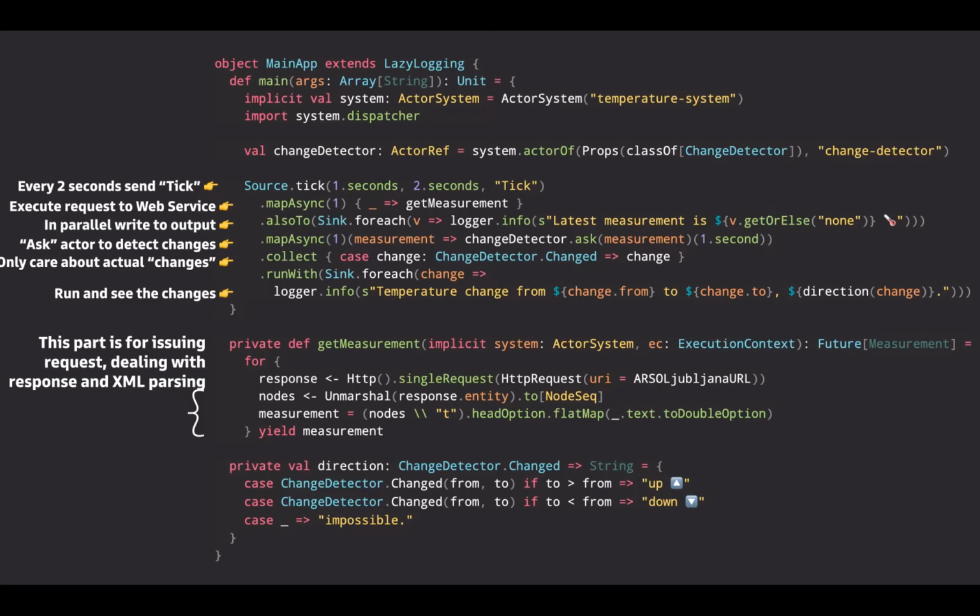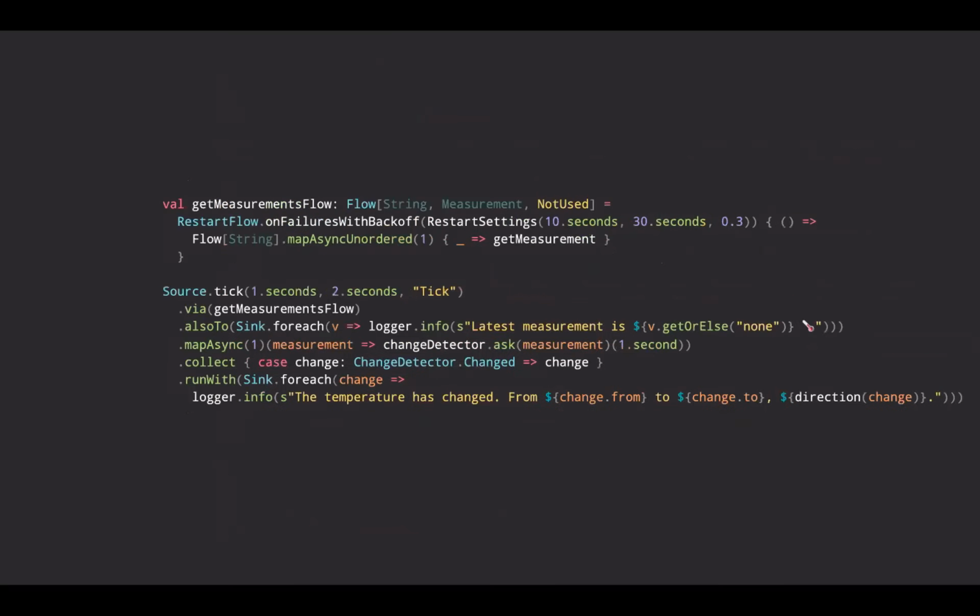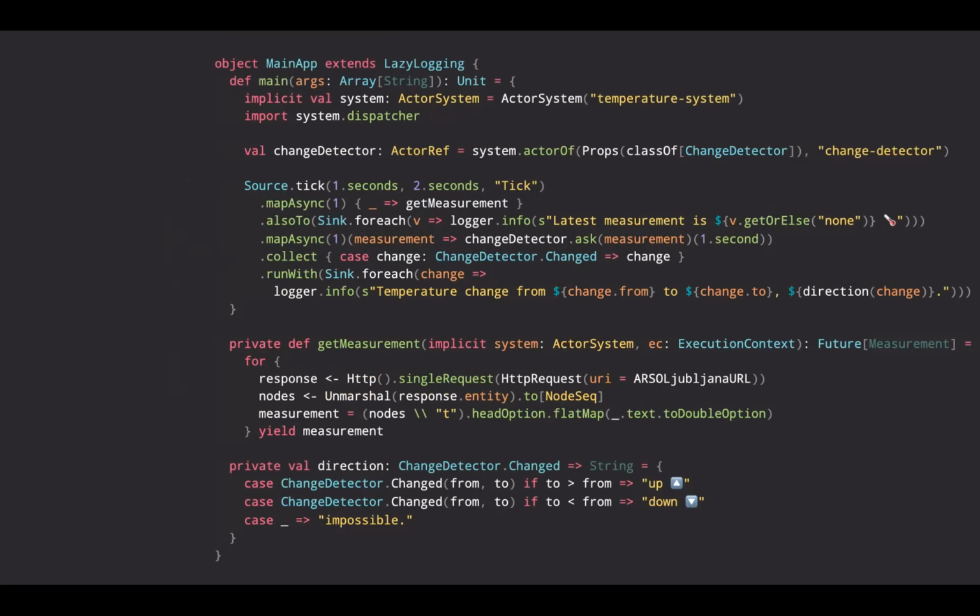Then it parses the response, it parses XML, and then tries to get, in this case for example, the temperature number. You see the very simple Akka Streams application that has a very high level of abstraction. It can really easily be understood if you look at particular pieces.